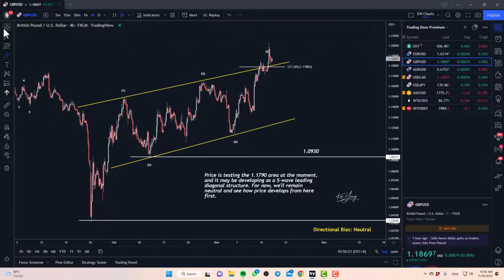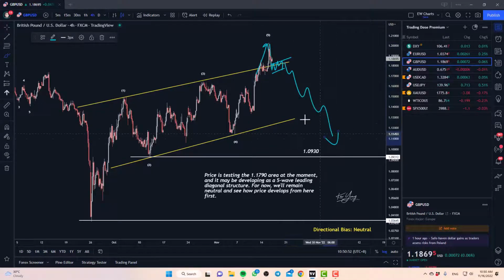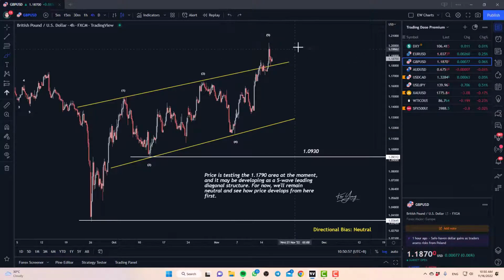For the pound dollar, right now the market just broke a little bit off this trend line, but that doesn't mean we're immediately going to jump in and buy, because overall this still doesn't look very convincing to the upside. Unless we can get a very decent corrective move like that, then yes, we'll be looking for a buy. But this can be just a simple false break, retrace back, do a bit of consolidation, and then come back lower. So for the pound dollar, in terms of bias, I would still maintain a rather neutral perspective and give it a little bit more time.